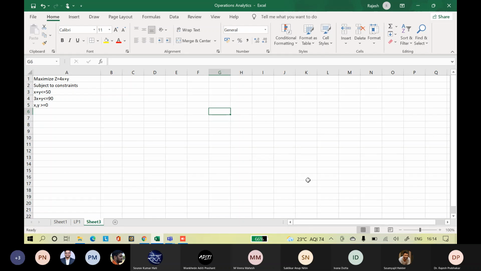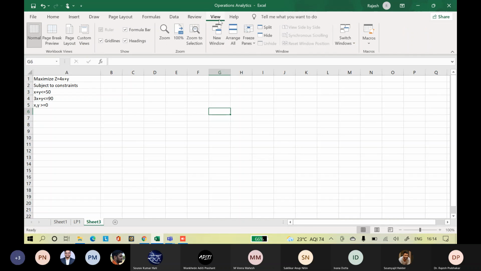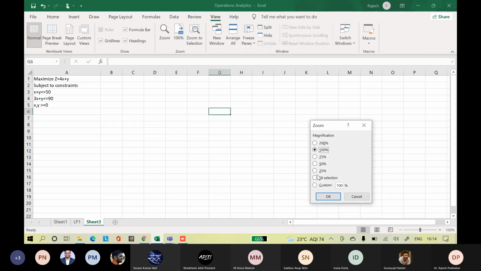Let me increase the zoom so that you can see the problem clearly. Zoom to 150%.